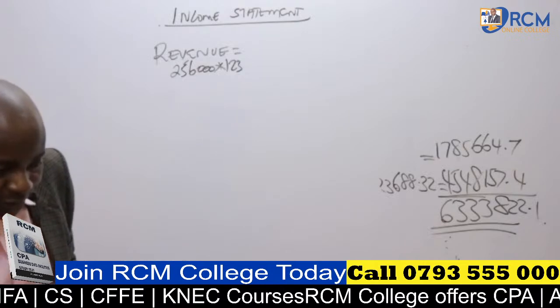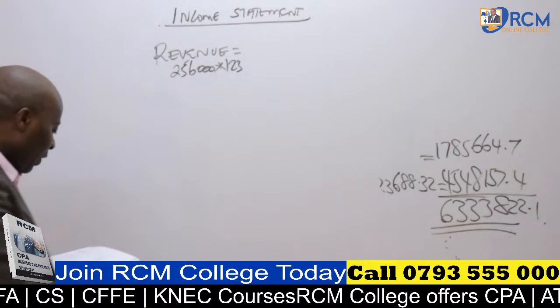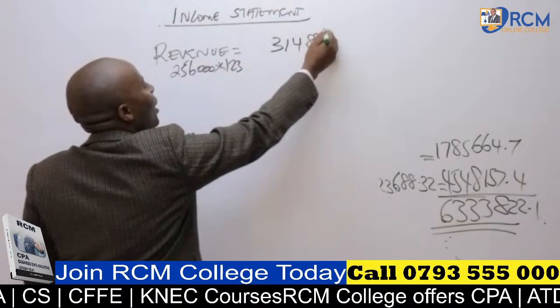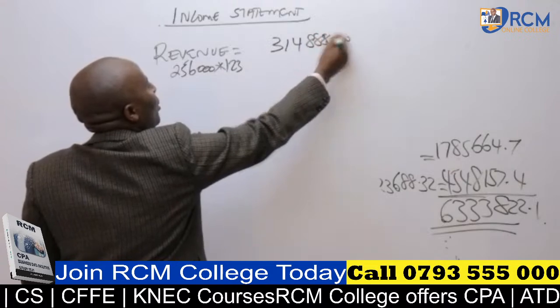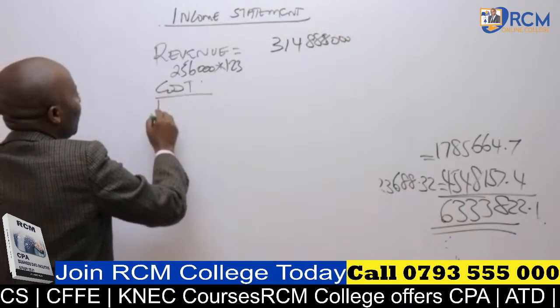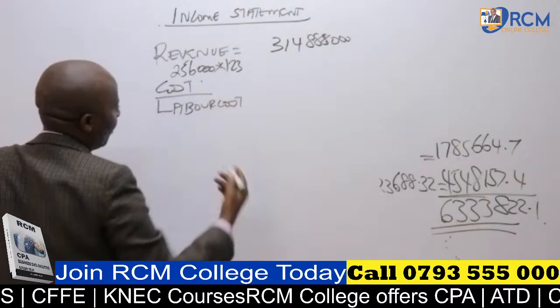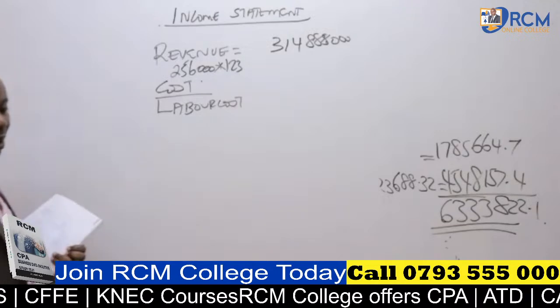So somebody is giving me a figure of 31,488,000. So sales revenue is 31,488,000. So come, ladies and gentlemen, to cost. If I'm the one doing this, I'll begin with the labor cost, because this one I have already been working on and have been able to get the figure. So labor cost, ladies and gentlemen, happens to be